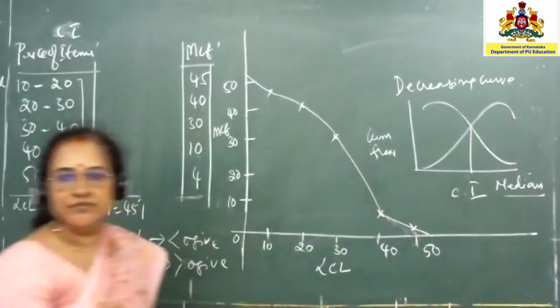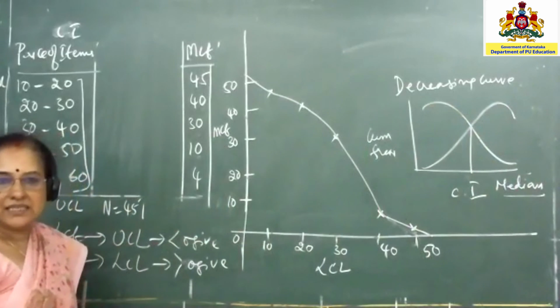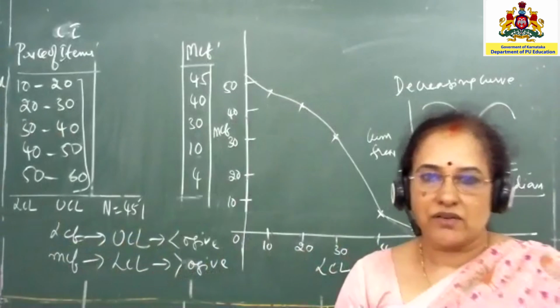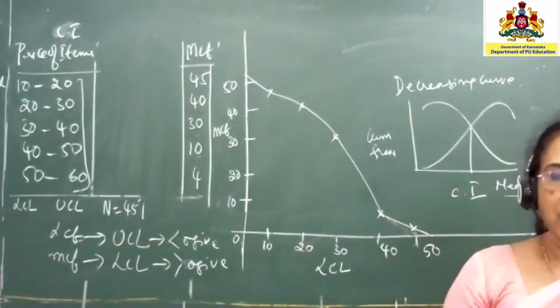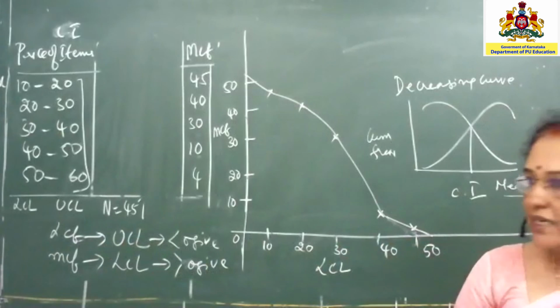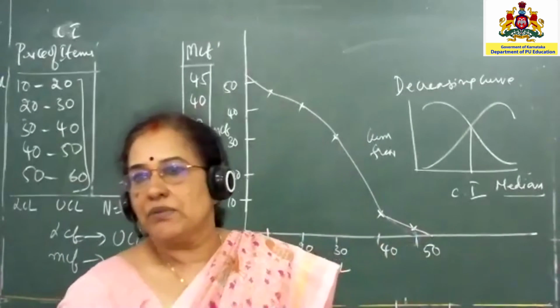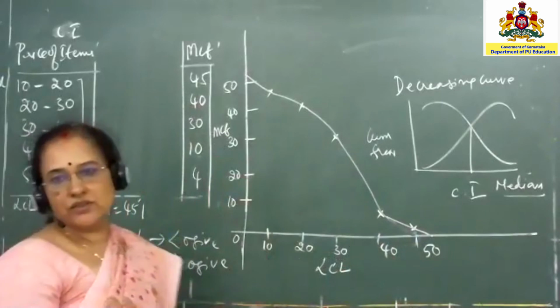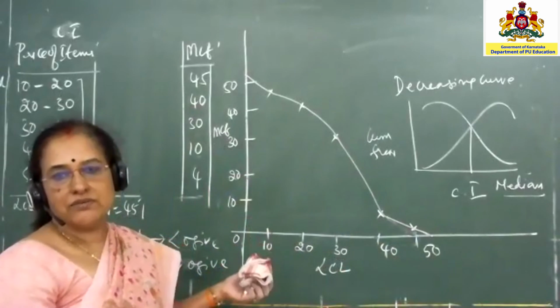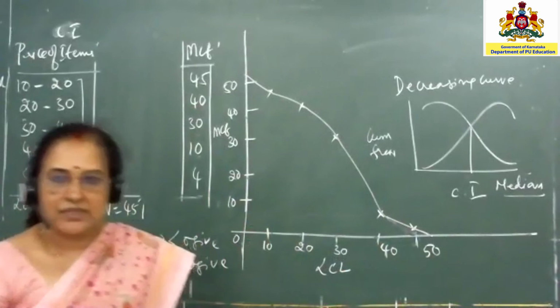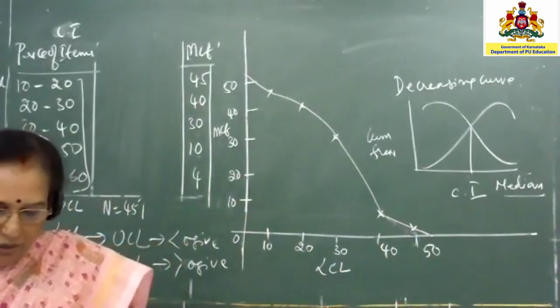So understood? So therefore you say median is nothing but one of the averages. So median is located by means of the Ogive curves. Now other than this, now you will be learning something about partition values. You have deciles, quartiles, percentiles. So there you will be learning more using the less than Ogive curve. So is that clear? Okay, hope all of you have understood.